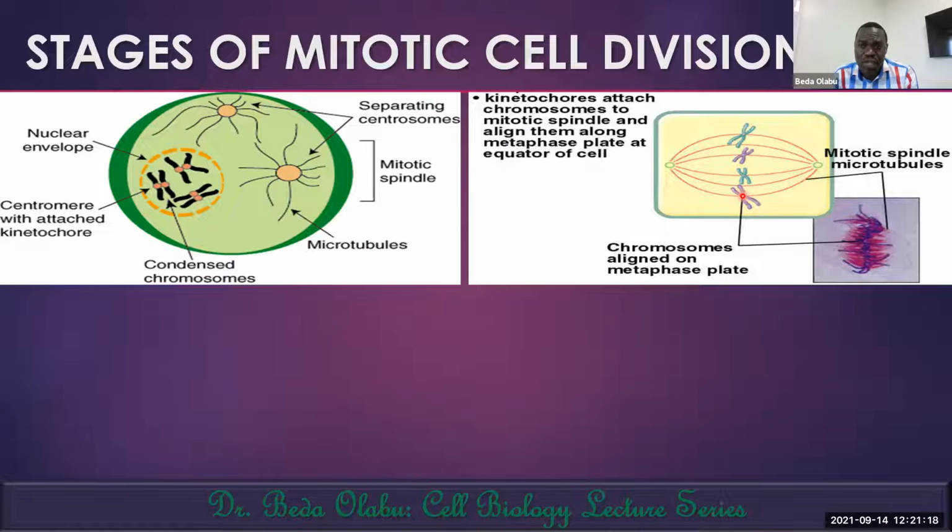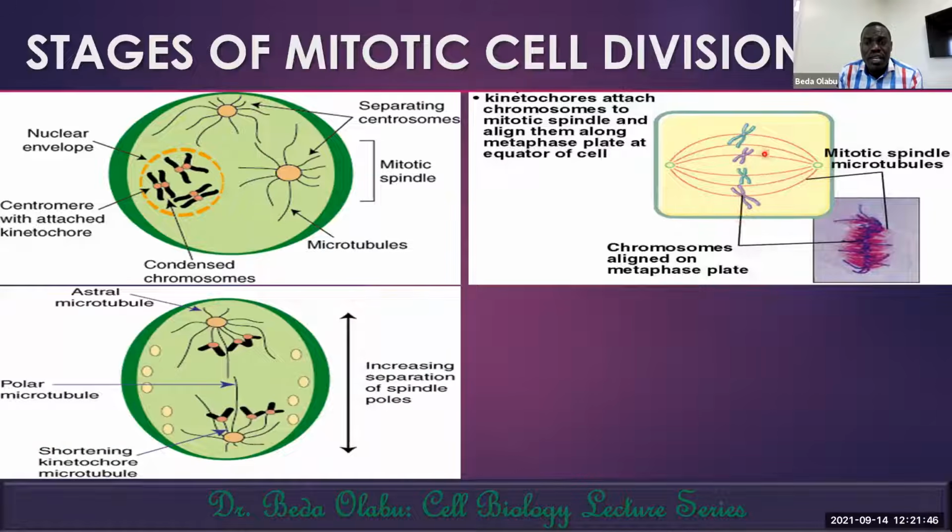The time when the chromosomes align in the equator is perhaps also the best time that karyotyping can be done. Remember, karyotyping is a graphic representation of the chromosomes within the nucleus of a cell. So this is the best time that karyotyping is done. You are able to study the chromosomes at this time. After metaphase,